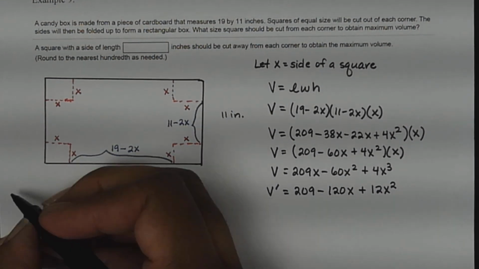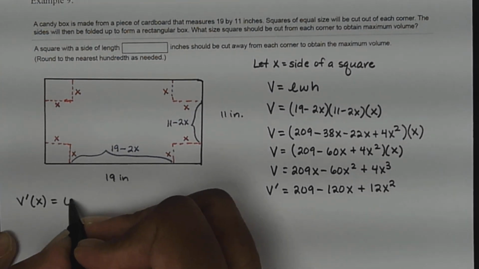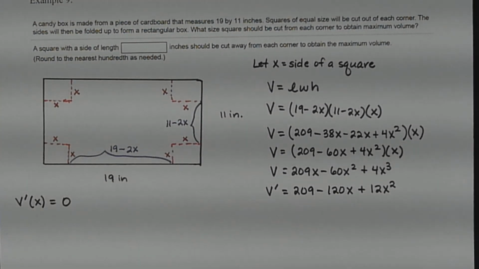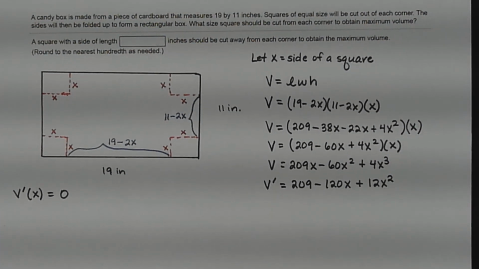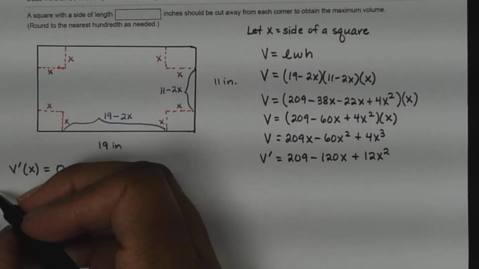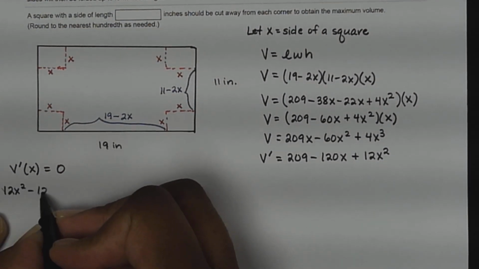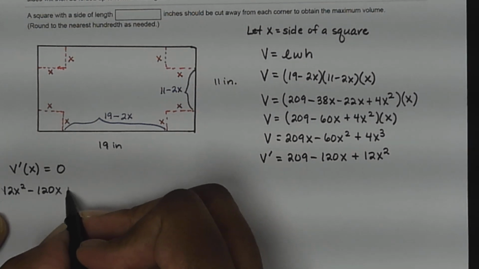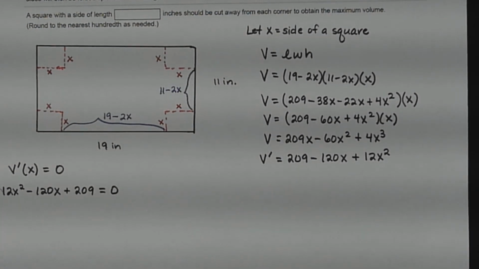And then here I'm going to set that V prime of X to be equal to 0. And I'm going to put this in descending power, so this will be 12X squared minus 120X plus 209 equal to